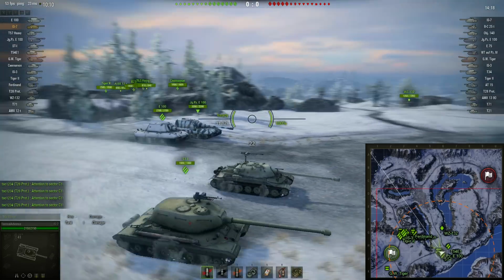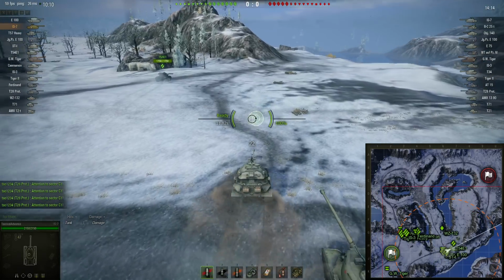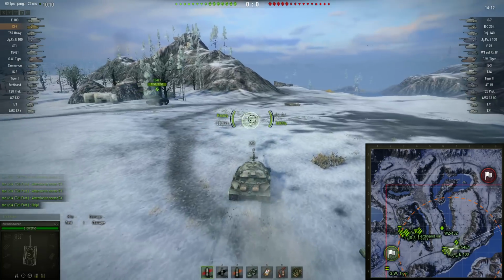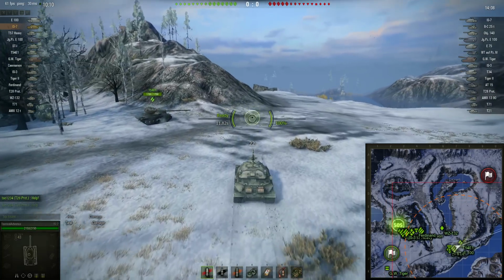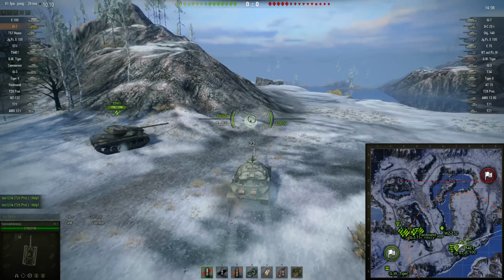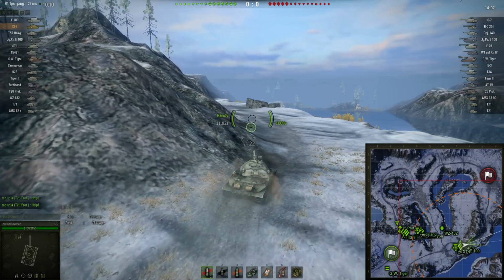Now, one thing I have noticed about the IS-7 quite quickly, it's very fast. Very fast. I mean, the IS-8 was fast. The IS-7's pretty nippy, isn't it? It flies along. It's by no means a slow tank. So I'm not going to go around the corner because I don't really want to get hit by artillery, so...